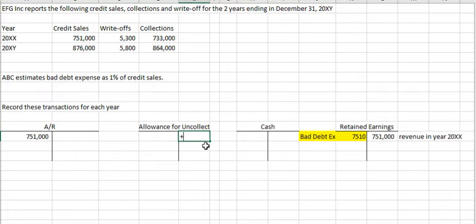and we are going to increase the contra asset account called allowance for uncollectibles. So allowance for uncollectibles is going to play as a buffer between what we are estimating that we can't collect versus the write-offs that are actually going to come in. Now again, why do we do that? Because we want to match the revenues that come in that particular year